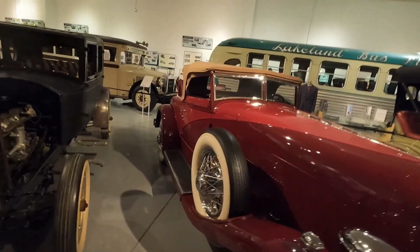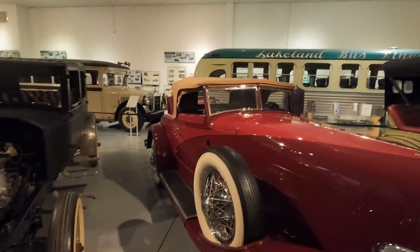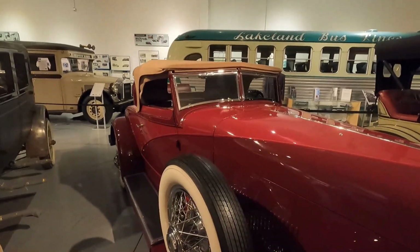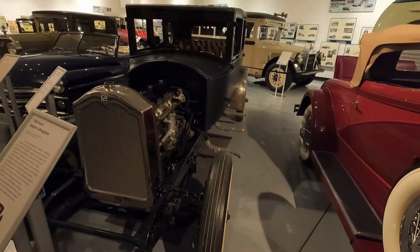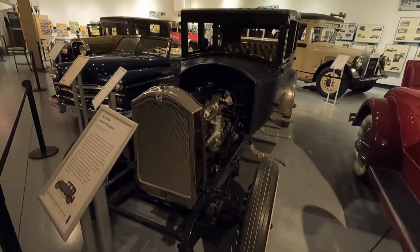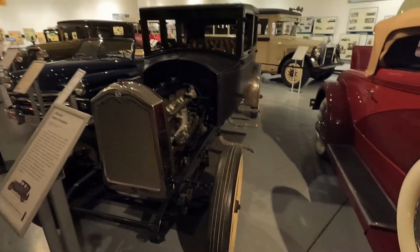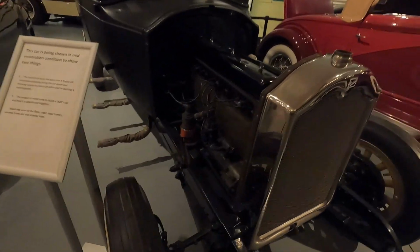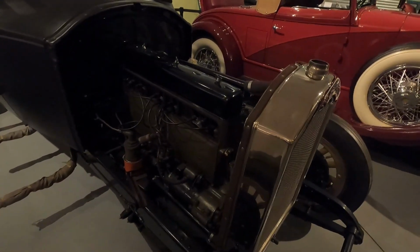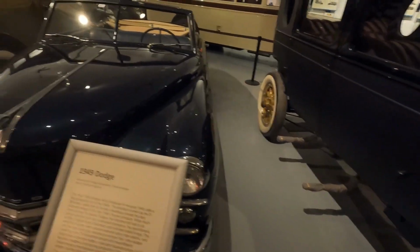And that also looks like it has a convertible. The roof looks like it does come off. And then it looks like it has a rumble seat in the back there. That's a 1926 Buick right next to that, and it's a model number, or Master 6. Sorry about the pole there. And there's the engine on this Buick here. And next to the Buick is a